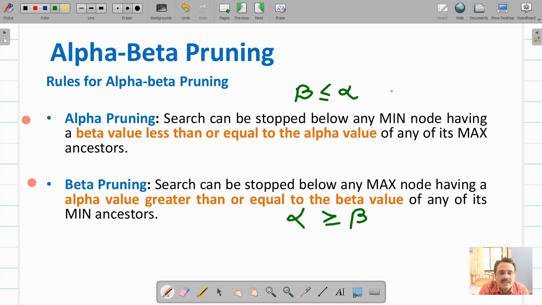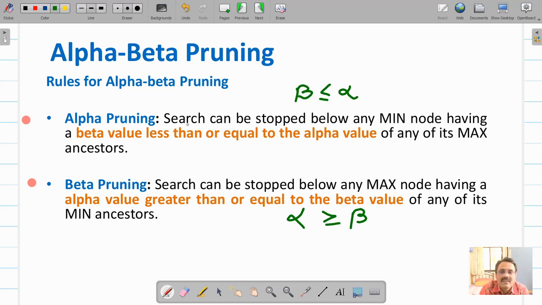So if the minimum that I can take is greater than or equal to the maximum that you can give, whatever, suppose I am the maximizer node, whatever minimum I want, if that is greater than or equal to the maximum you can give to me, if you are the minimum node, and you cannot give me what I want, then I will not take.